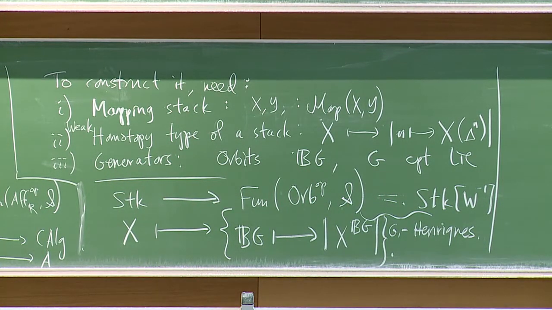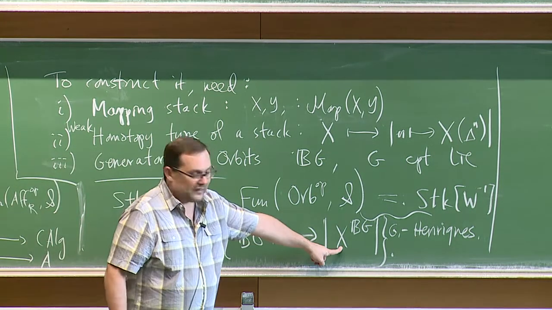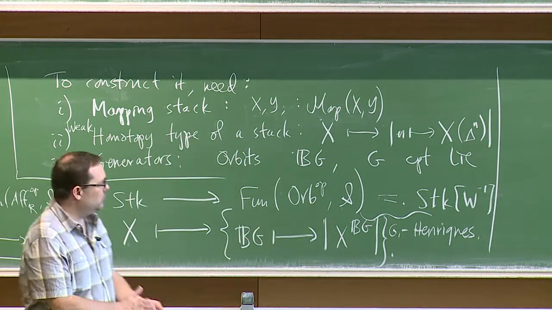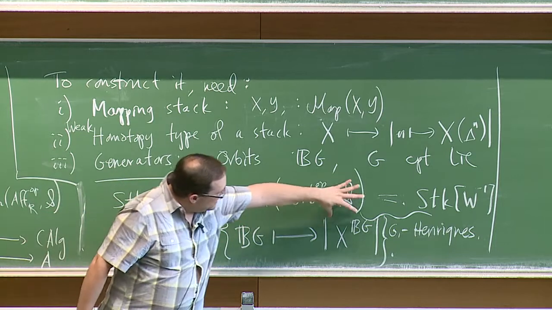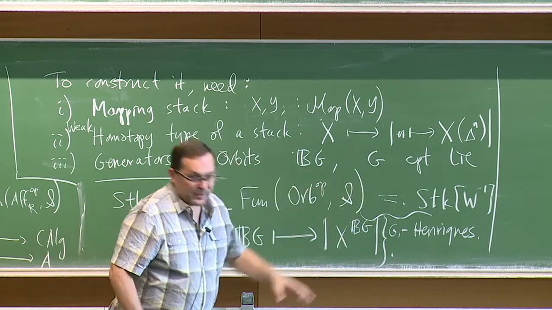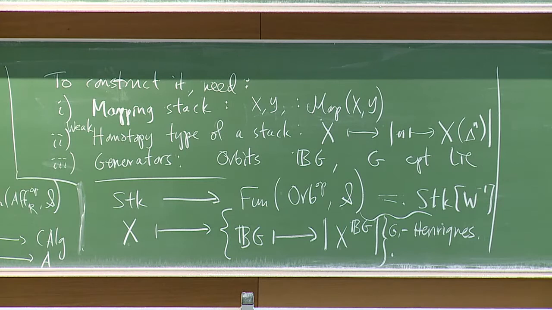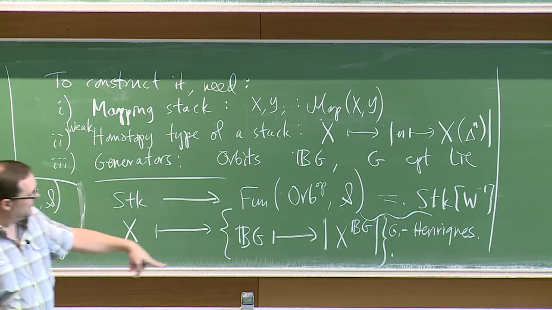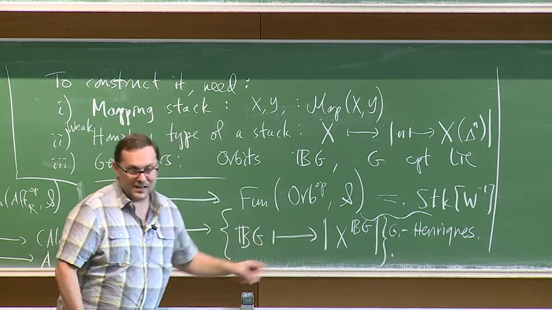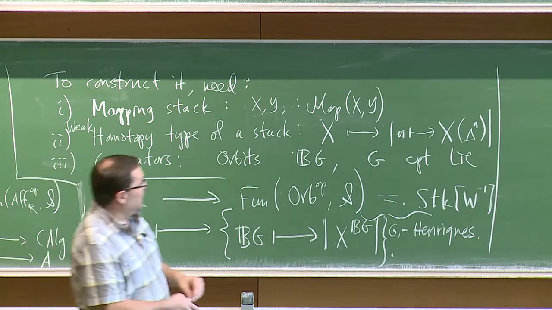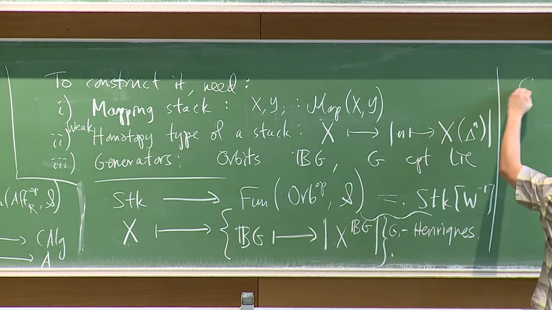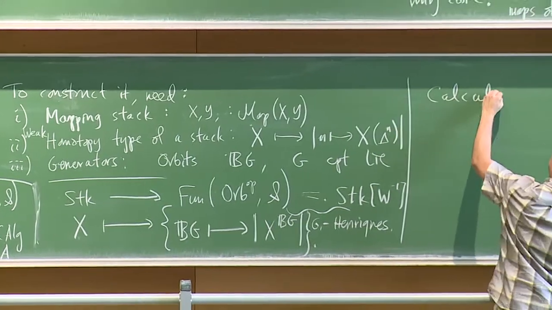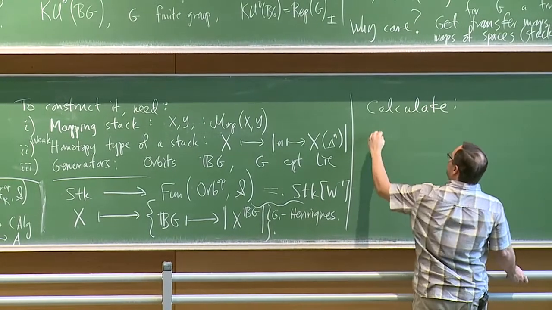Okay, so this is not sending x to its underlying homotopy type. This is only applying the homotopy type to the mapping stacks. So instead of viewing stacks as being enriched over itself, I view it as being enriched over spaces in this way. So you can calculate from this. It's easy to calculate what